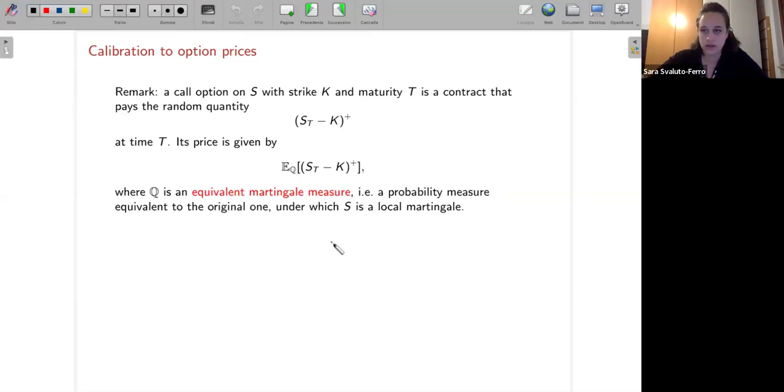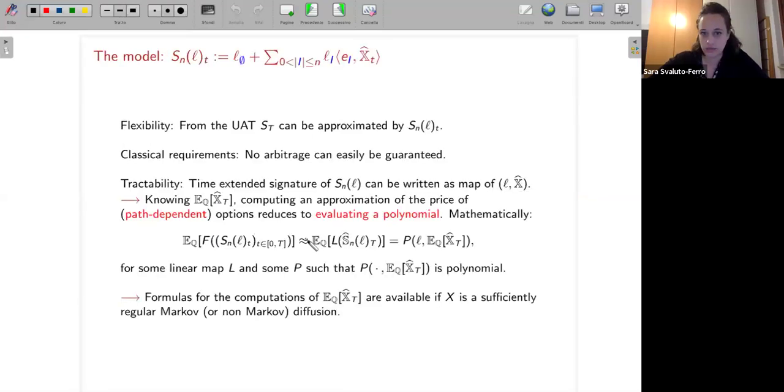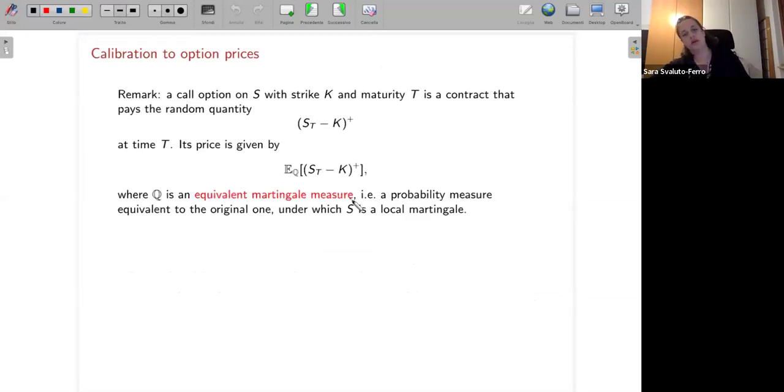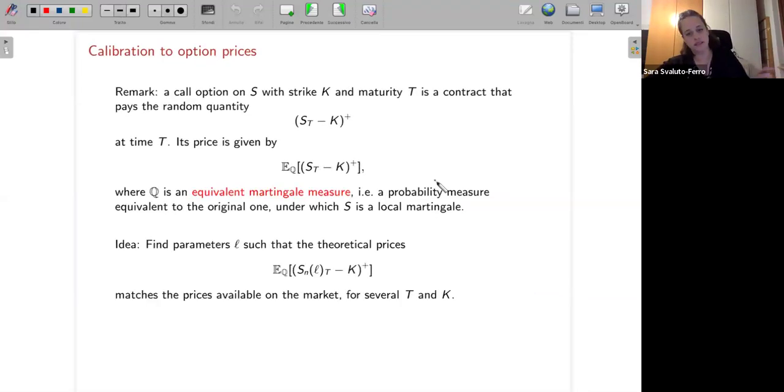We are very good at computing expectations with our model. So we choose L such that the theoretical price of our model that we can compute through the expectation matches